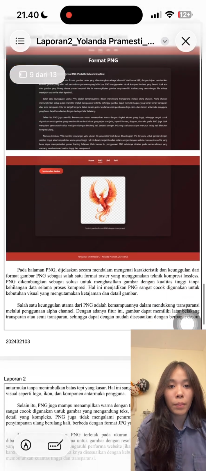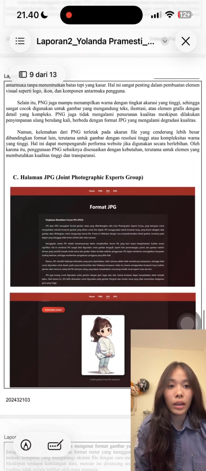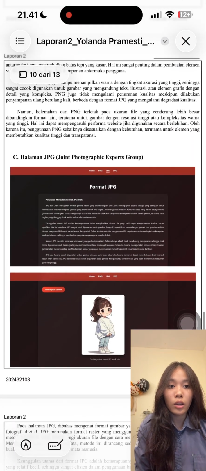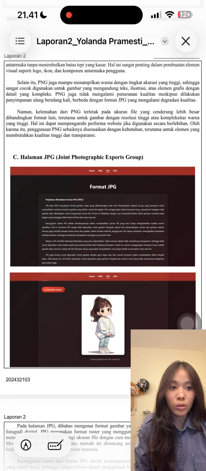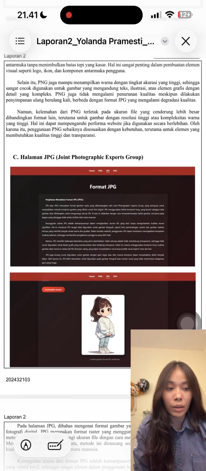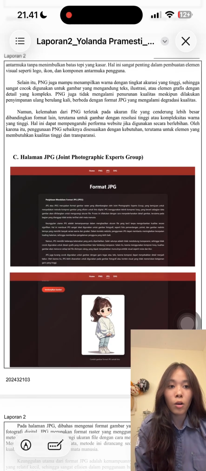Then on the JPG page, I explained that JPG uses lossy compression. This allows the file size to be significantly smaller, making it very efficient for storing and displaying photographic images. JPG is widely used for photos because it can handle complex colors and gradients well.